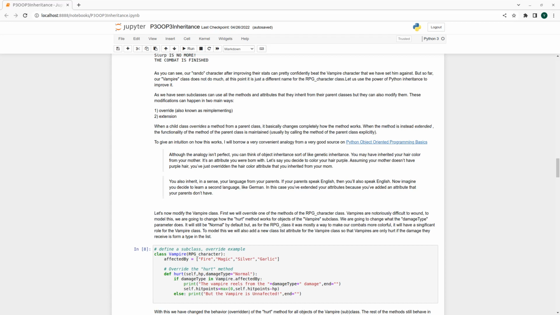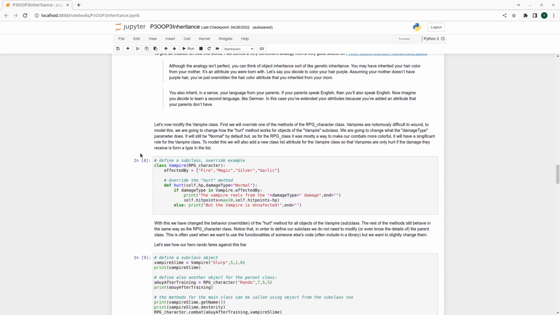So let's see some examples of how to override definitions in our original class to create new behaviors in our inheriting classes, in our child classes, in our subclasses. The first mechanism, override, means that basically we are going to change, to re-implement, to recode some behavior that we